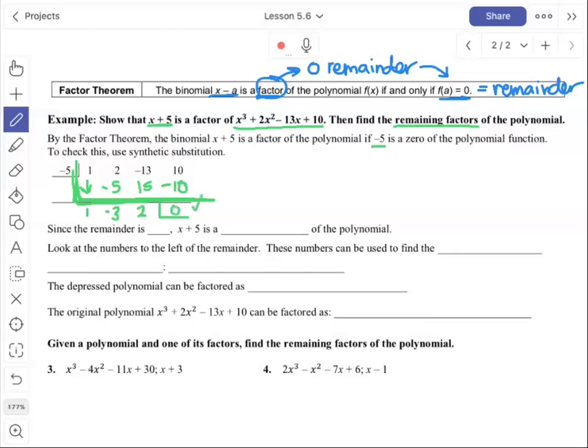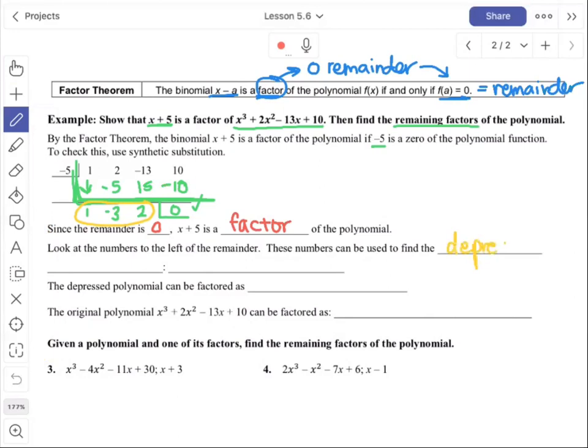All right, and that's what I'm hoping for, right? So since the remainder is 0, x plus 5 is a factor of the polynomial. Okay, so whenever the remainder is 0, that means that x plus 5, or whatever you use to divide, is a factor. Now, look at the numbers to the left of the remainder. These numbers to the left can be used to find what's known as the